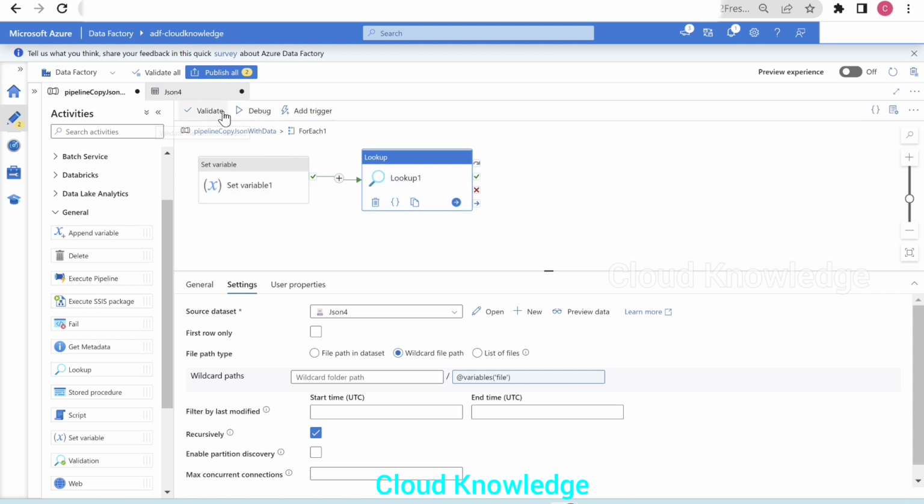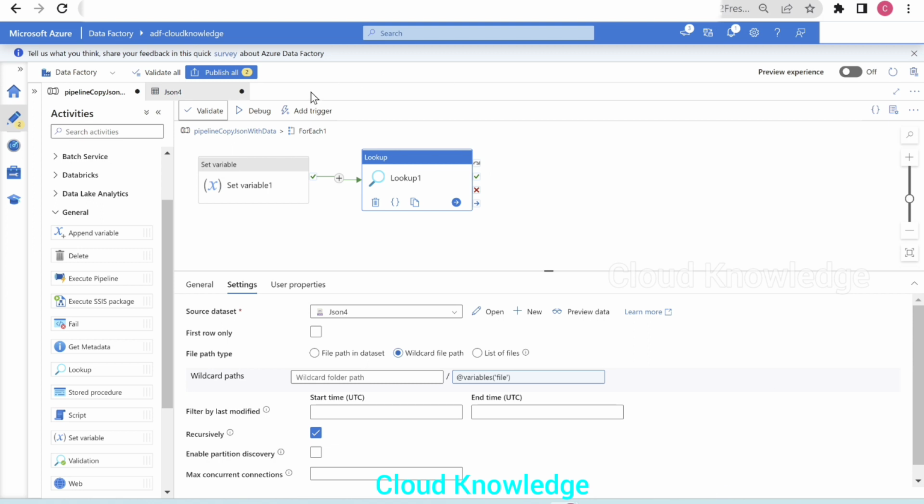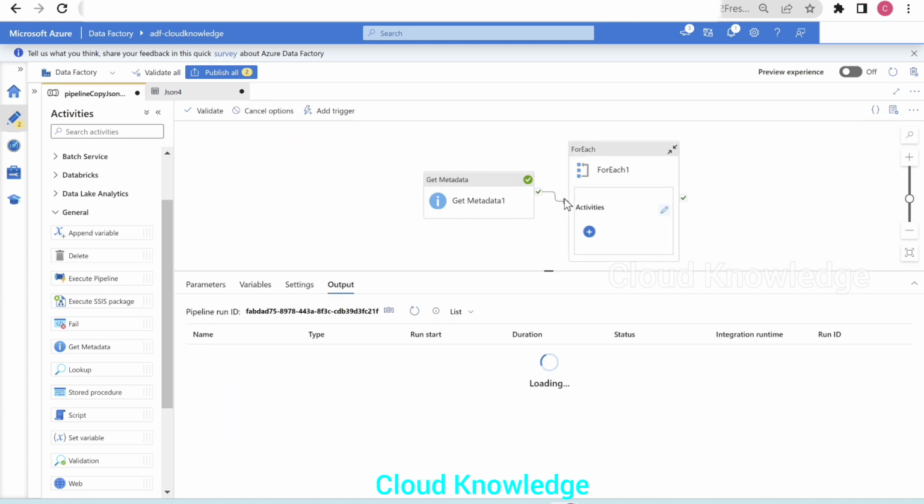Now we will validate our pipeline up to this level and perform a debug run to see if everything is working fine up to this level. The pipeline is getting executed.